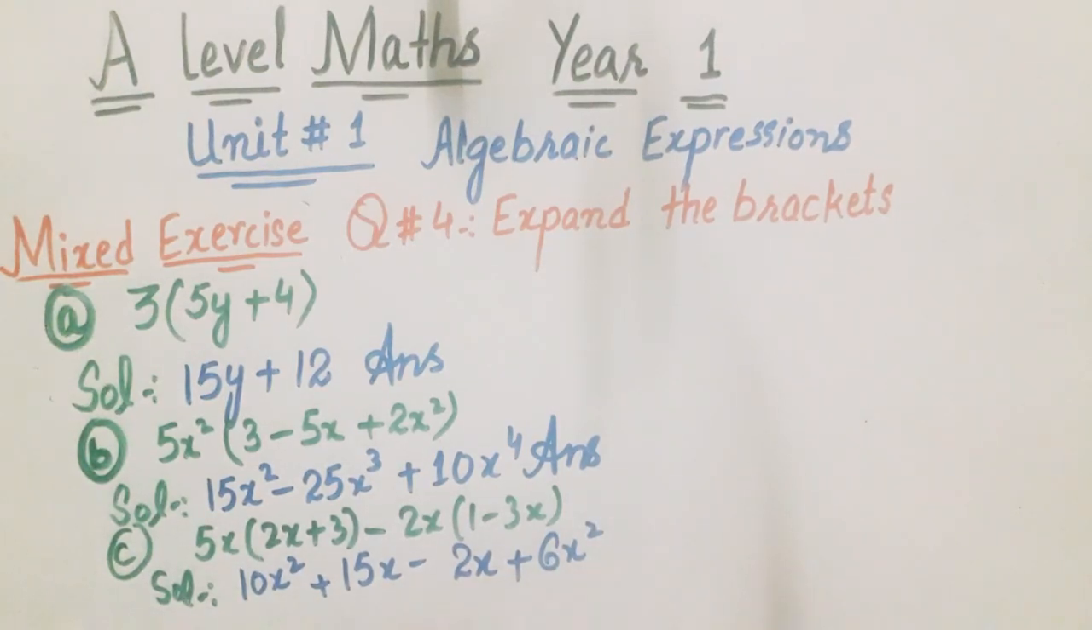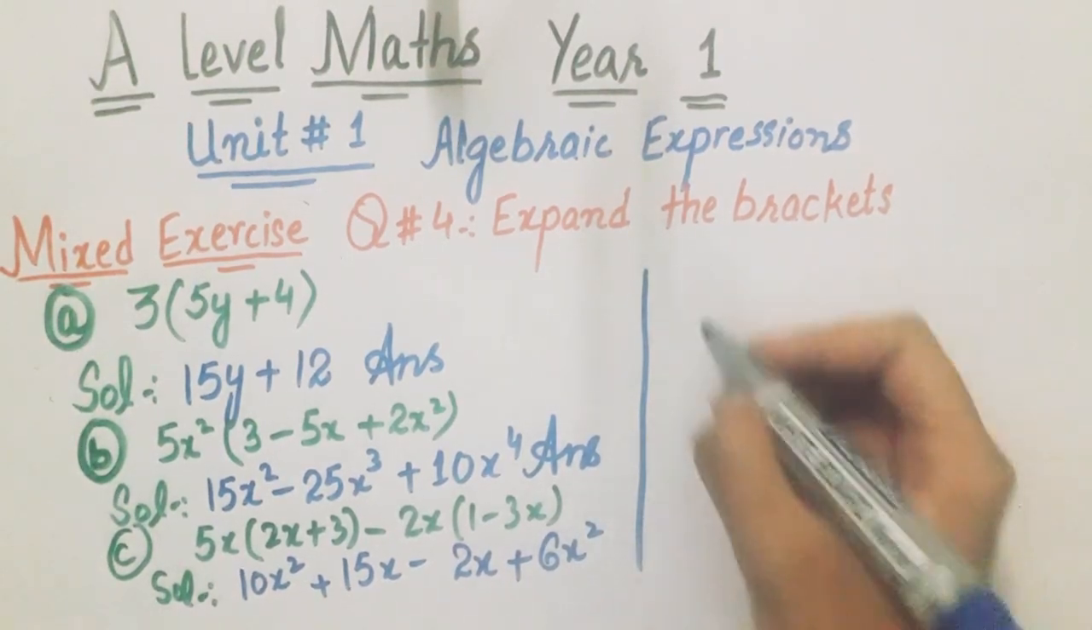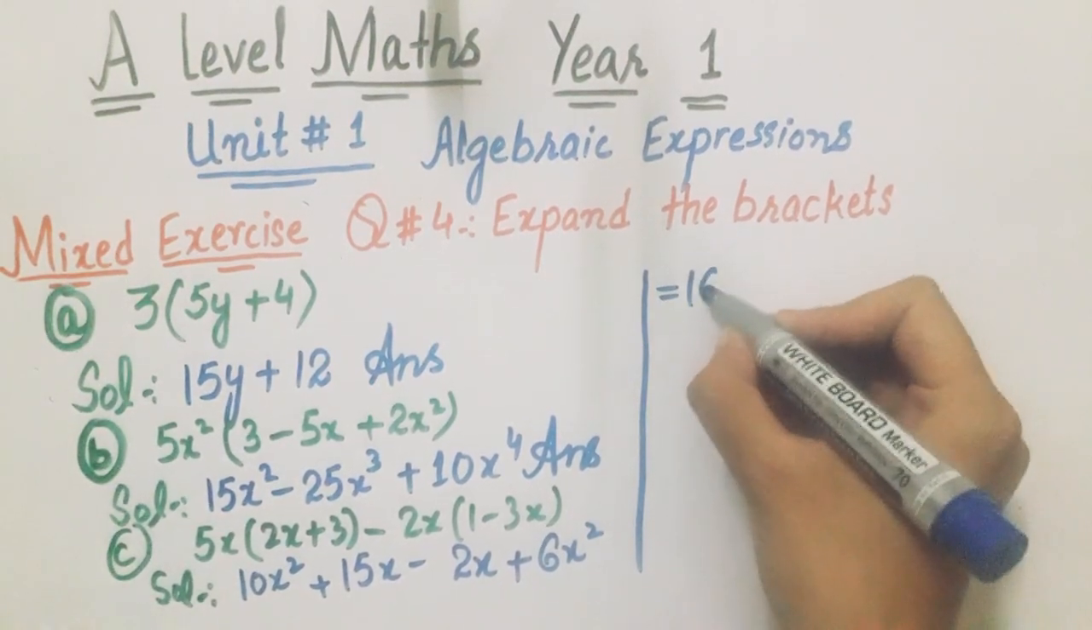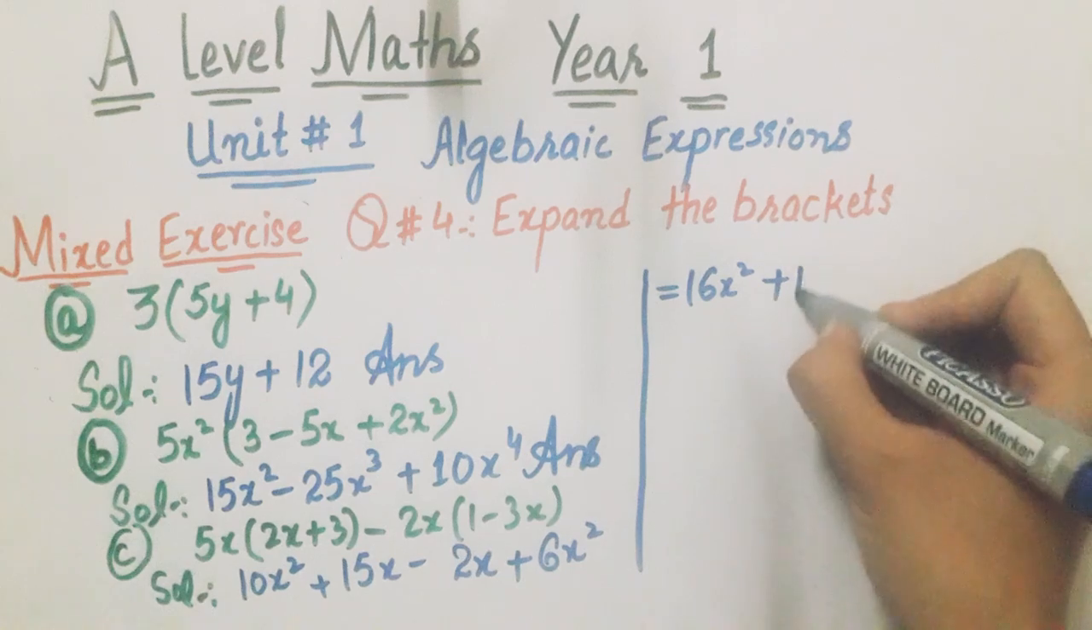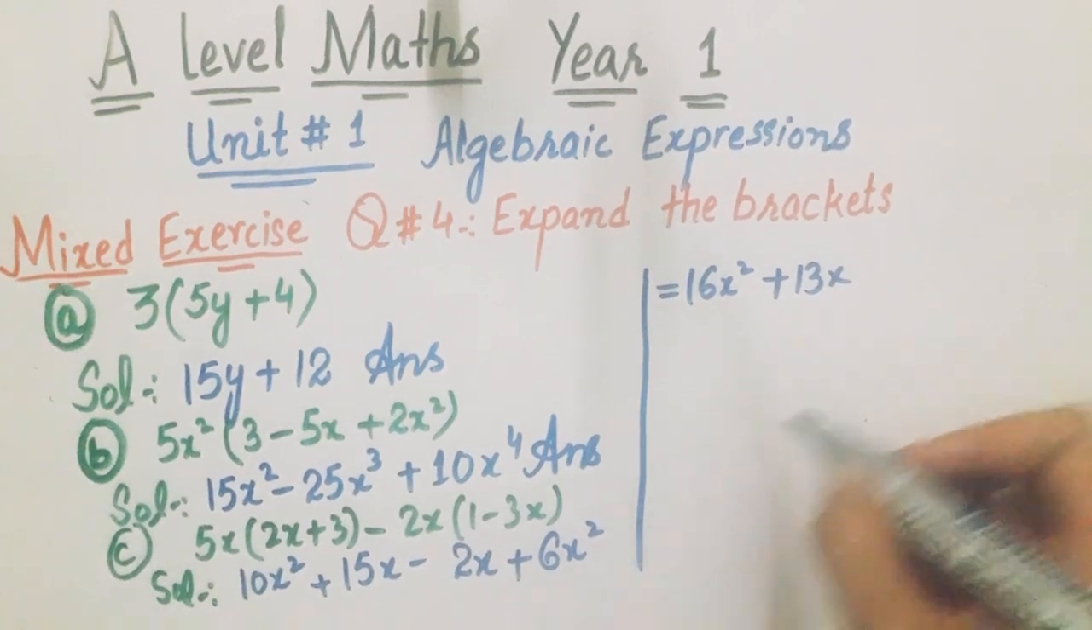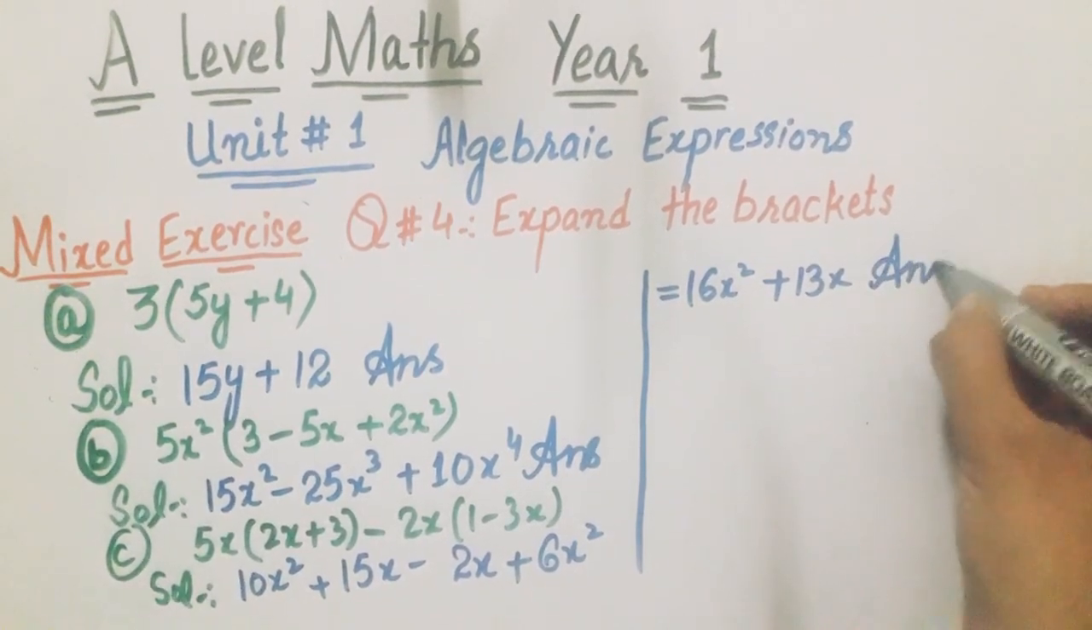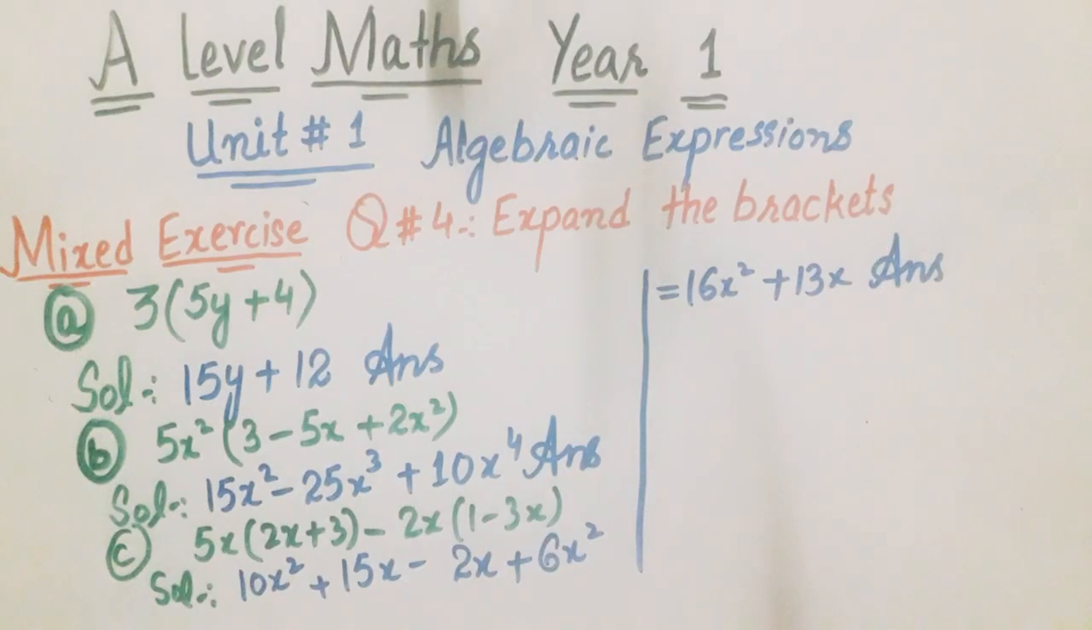So 10x square plus 6x square will be 16x square, then 15x minus 2x is 13x. So this will be the answer. Now we will solve the D part,